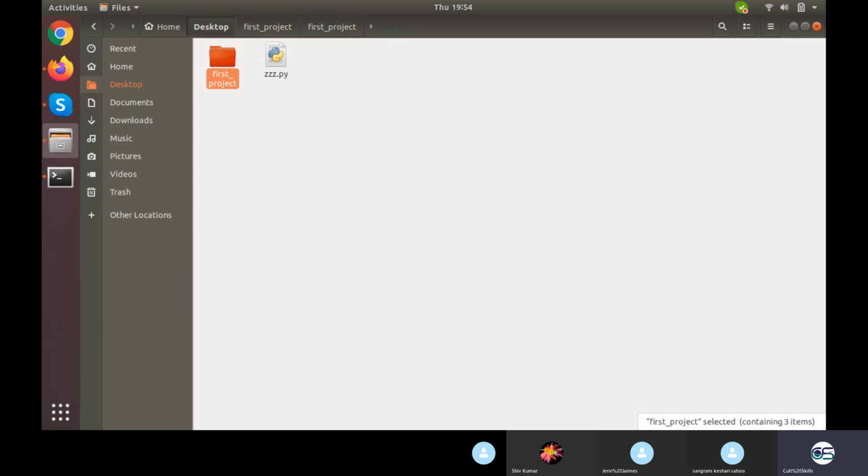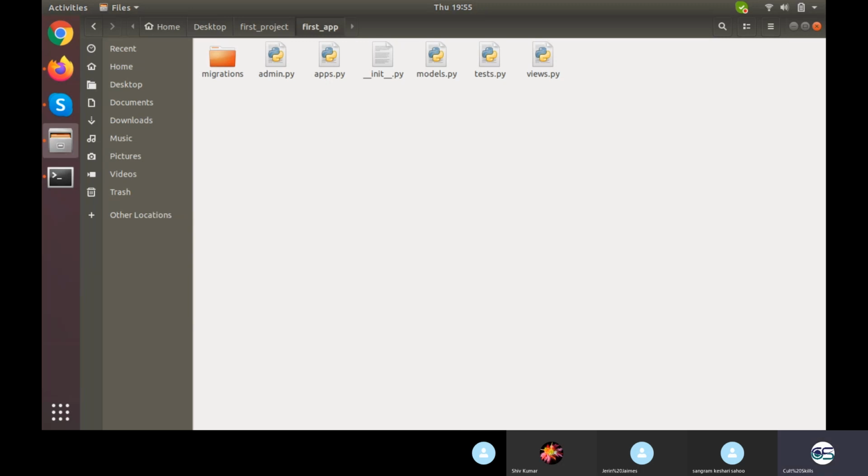Now if you open this folder, you'll find 3 things: one is manage.py, one is first project, and one is first app. First project, as the name suggests, is the name of the project; it is the project, not the app. This folder has all the files related to the entire project, be it facebook.com or any .com. The entire project configuration is stored and maintained right there. This other folder is limited to this app only, so all the things required at the level of an app would be maintained right here.